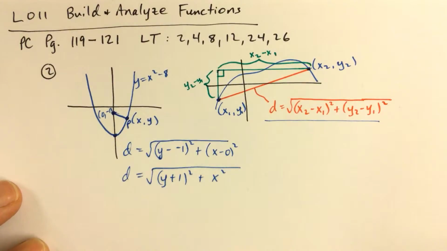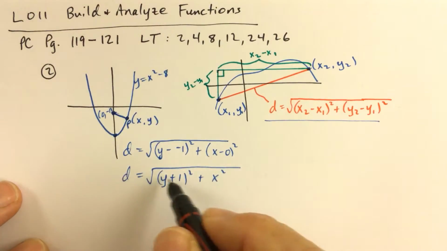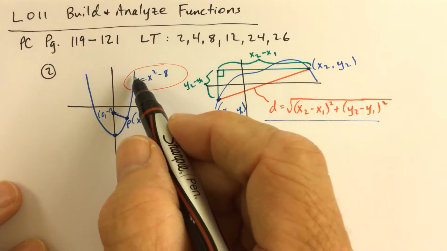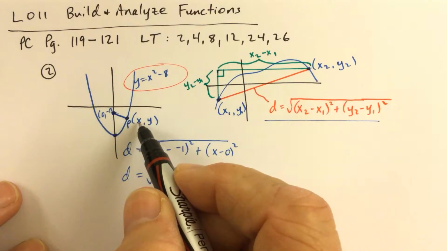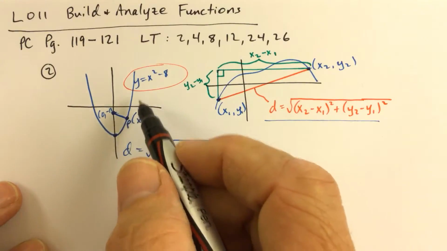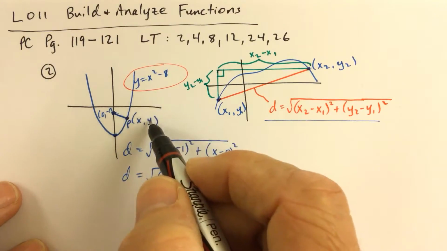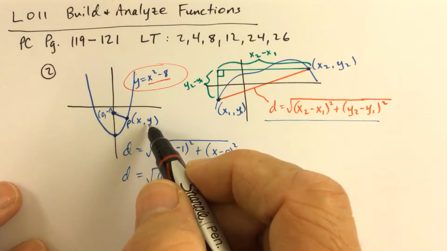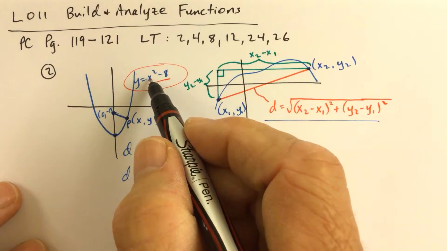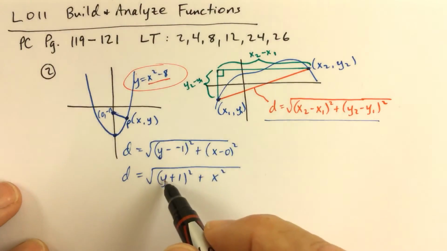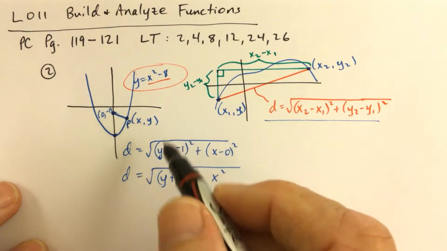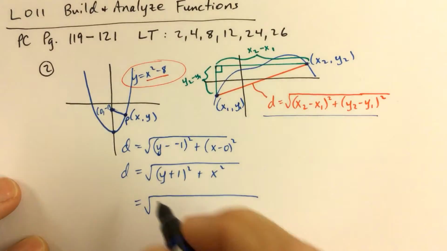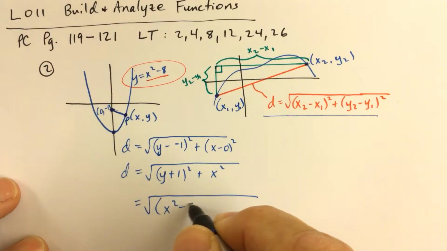if you keep in mind, the key to understanding how to express the distance just using one variable is the relationship between x and y. Well, the point P has x, y coordinates that are actually on this curve. So the x is always the x. The y, we can replace y with x squared minus 8, because if the point is on the curve, then the y coordinate will always have a value of x squared minus 8. So everywhere we see a y, we're going to put an x squared minus 8. So we're going to go ahead and fix this, replacing y with x squared minus 8,